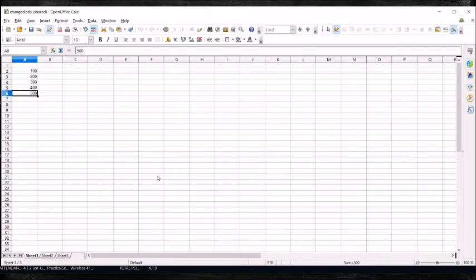I've saved it with the name changed, and now I'm making a few changes in this. I'm changing this 200 to 150 and this 400 to 350. Now I'll save these changes.